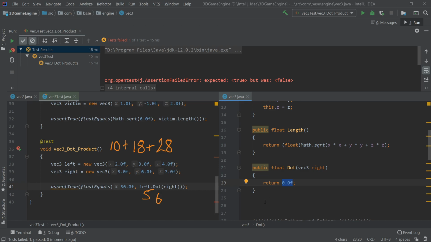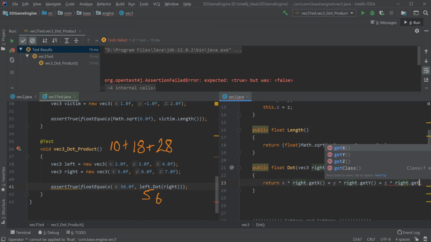We are just going to return x times right dot getX plus y times right dot getY plus z times right